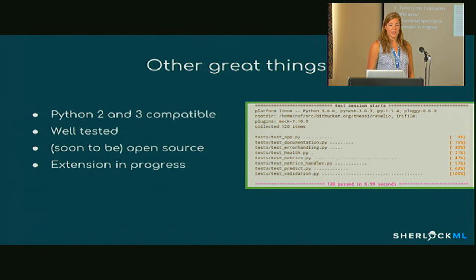A few other good things is first of all, it's Python 2 and 3 compatible, so if someone hasn't switched over, you can use it on both. I'd like to say it's quite well tested. At least we've written quite a lot of tests, which was fun and not fun at the same time. It's going to be open source hopefully soon, and because this is really a product aimed at data scientists,